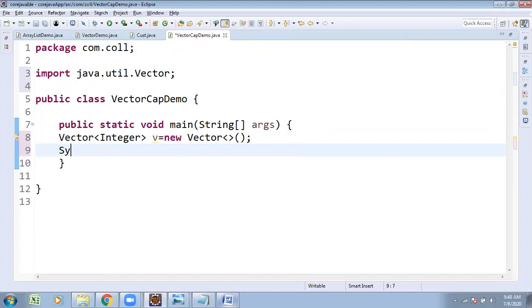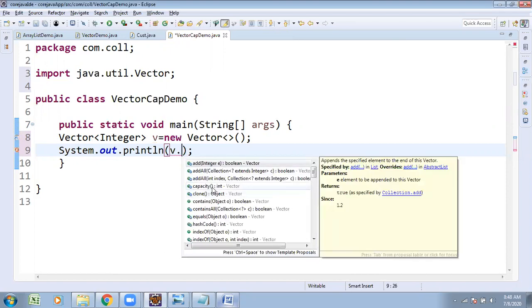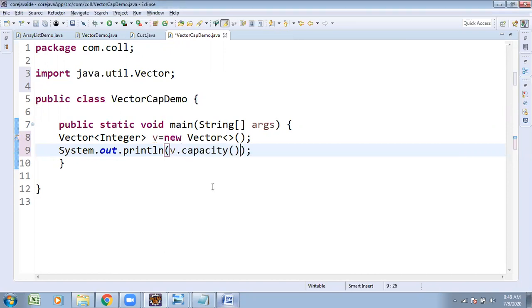Next, I wanted to add the elements. Here, created the Vector and checking the capacity. Empty Vector is there, no elements are there. To check the capacity of Vector, I use the v.capacity method.